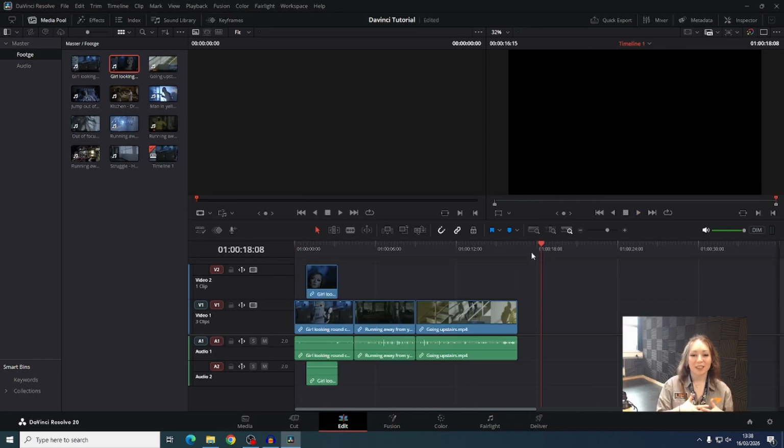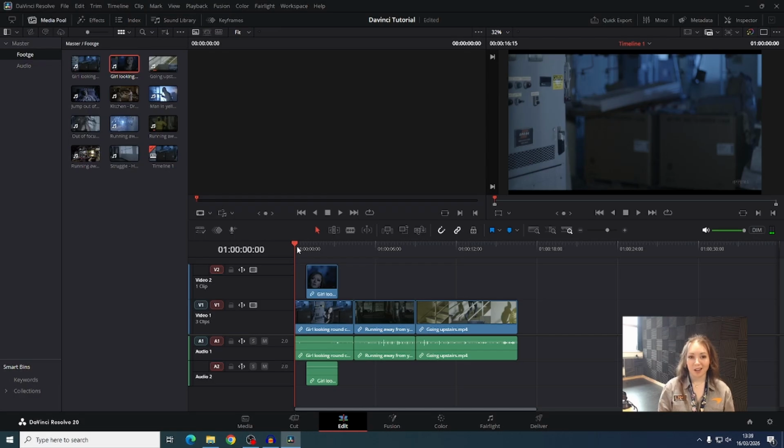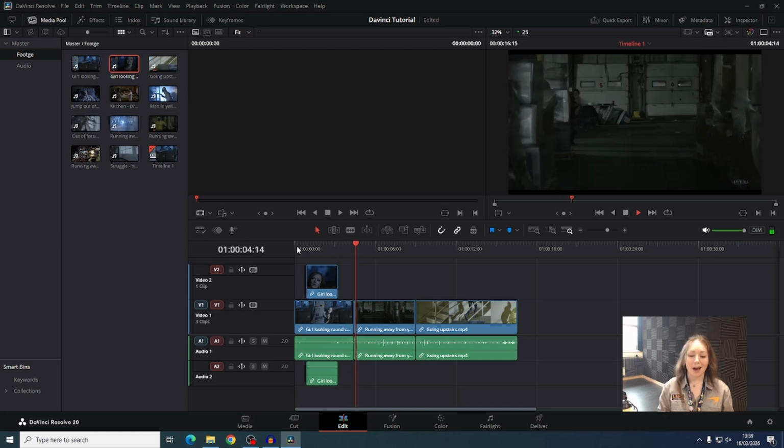Now, I've created a short sequence of shots. You'll notice over here I have one shot over the top of another. So if I play that through, you'll see that it will cut to that second camera and then cut back to that first camera. Premiere Pro and Davinci Resolve work in the same way, where it's almost as if you're